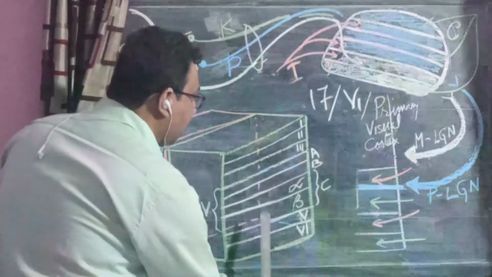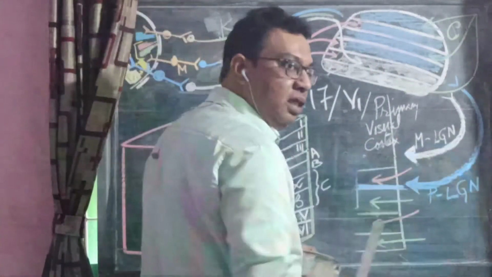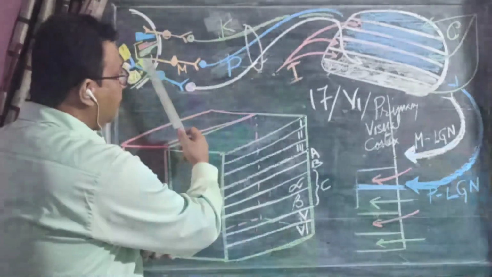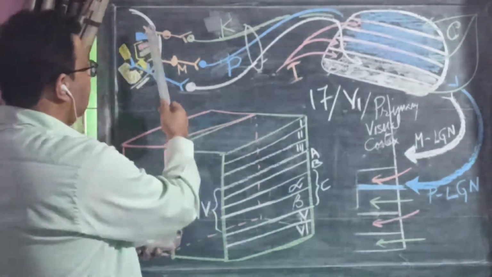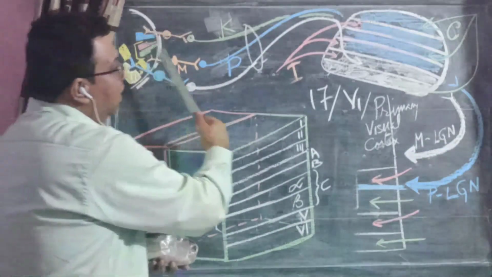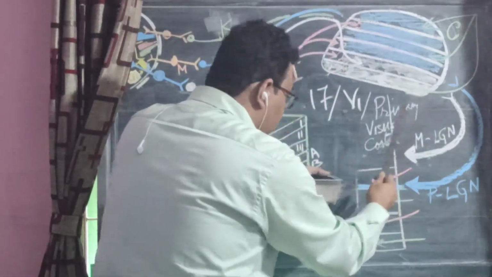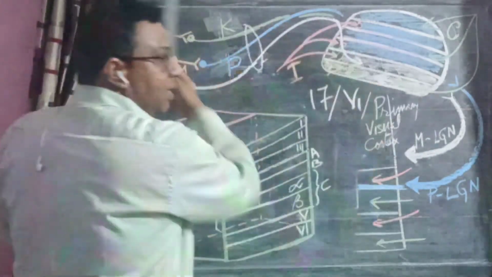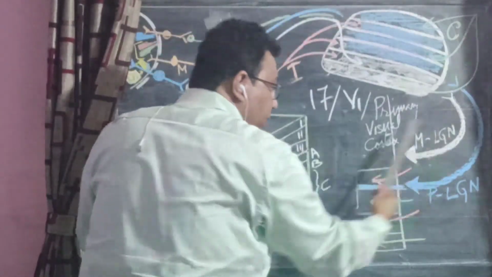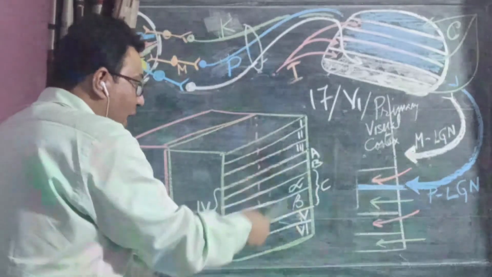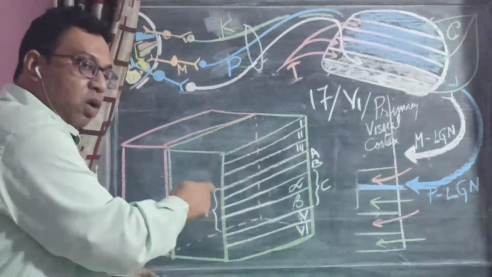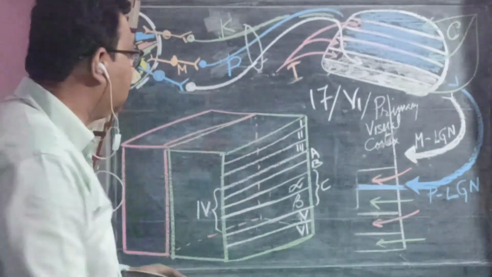So all this will be gradually processed. When the processing happens in this fashion, in modules, this is parallel processing. What you have seen before is serial processing: some processing in the retina, some in the lateral geniculate body, some in the visual cortex, and further down. That is an example of serial processing, and this is parallel processing.